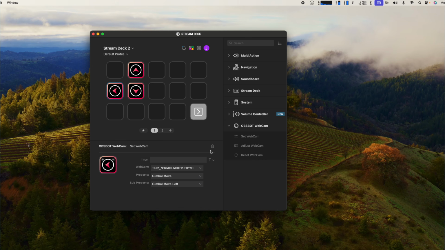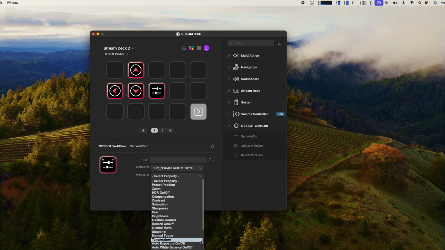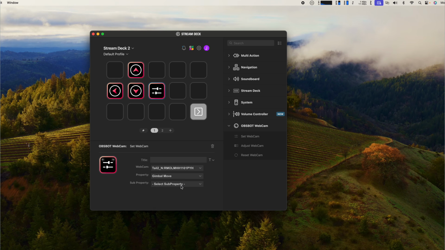And now we'll do the same thing for right, and you'll begin to see just how our control looks on the Stream Deck for OBSBOT Tail 2. Gimbal move, right. And so I can fine tune my gimbal even after I've got my presets done, and little by little move my gimbal around so that I can fine tune what I'm looking at for all